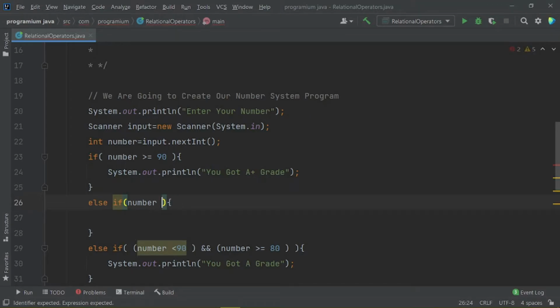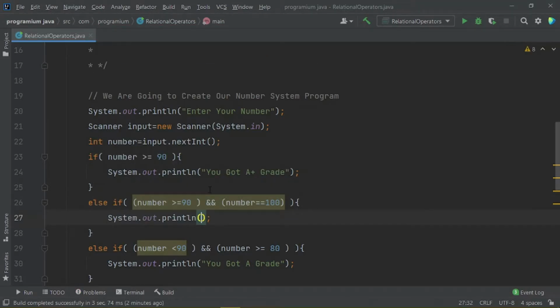than equals to 90, let me put it in a bracket here and put a bracket here again and putting an ampersand sign here, and the user numbers are equals to 99 or simply say 100, then we would simply shout the user, you are the topper of your section.